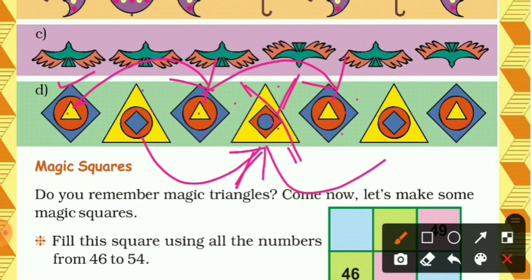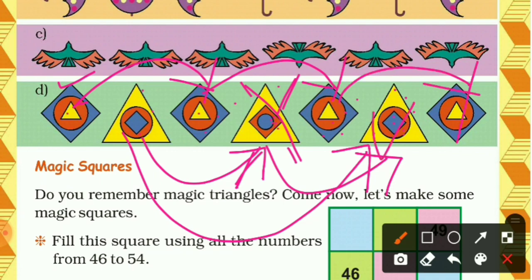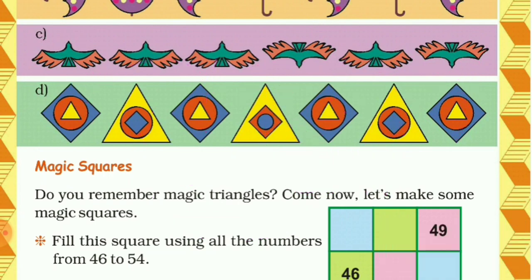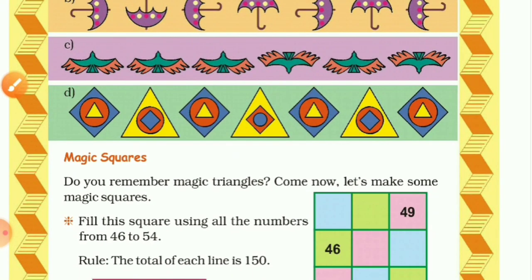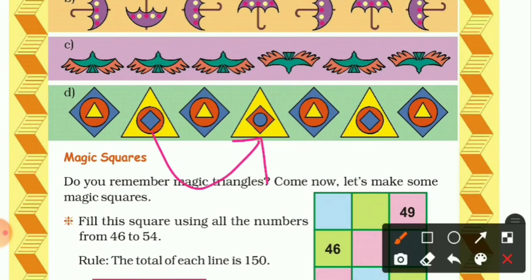And now another one, it should be like the first one: triangle, then square, then triangle, then circle, then square. Now it is correct. Then the last one is also correct. So we found that this picture was wrong. Okay, so how can we correct it? So no doubt it will just look like the second picture. Clear?